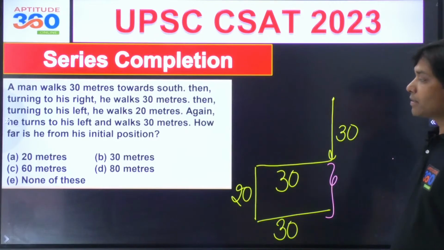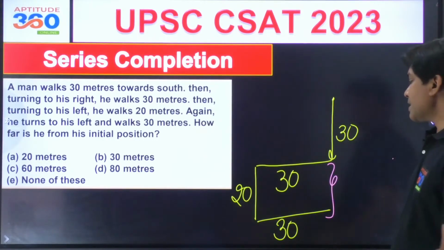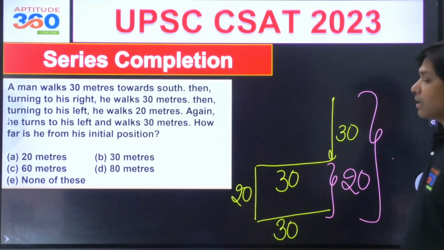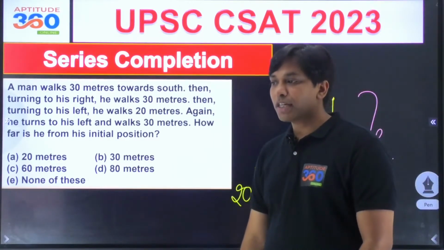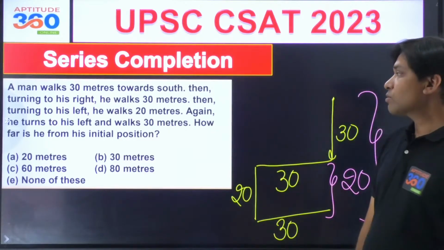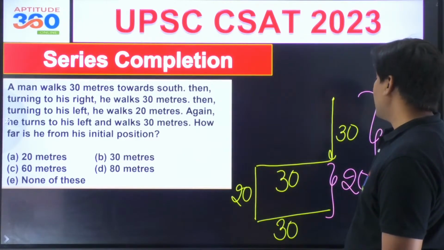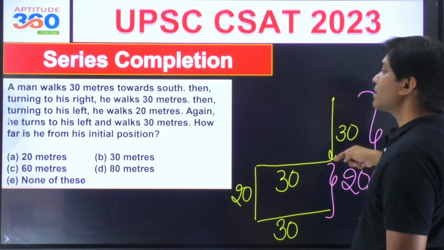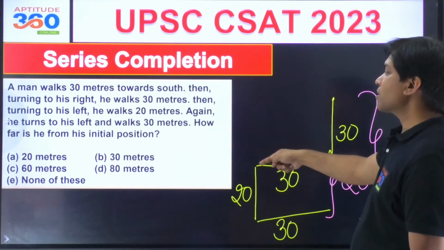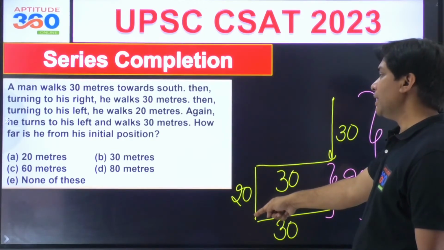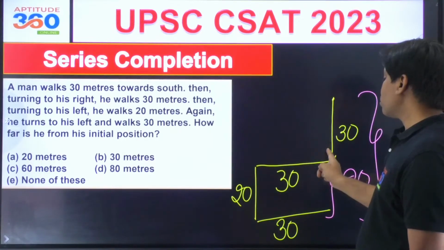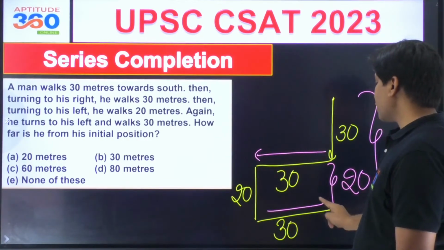What is the distance? It has to be 30 plus 20, isn't it? This total distance. Are you getting 50? So somebody starts in the south 30 and then takes a right turn in the clockwise direction 30, and then takes a left turn 20, and then further takes a left turn and then 20, 30. So the total horizontal distance has been taken care of, nullified.